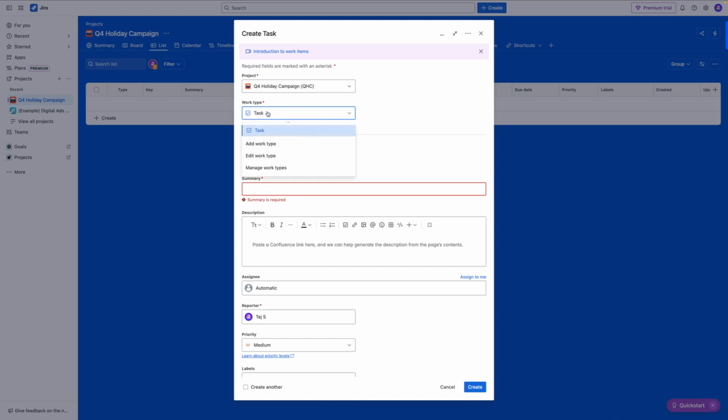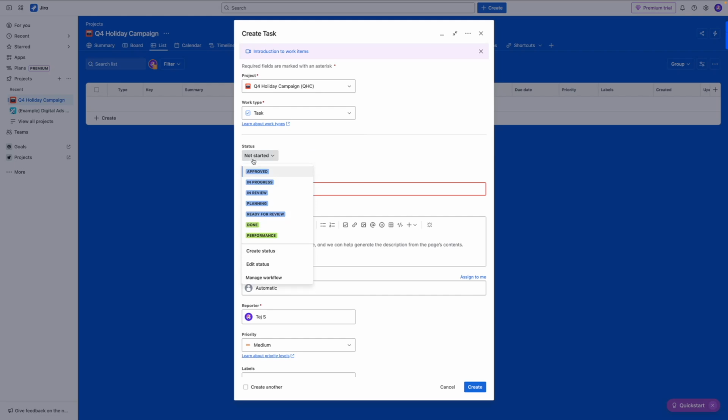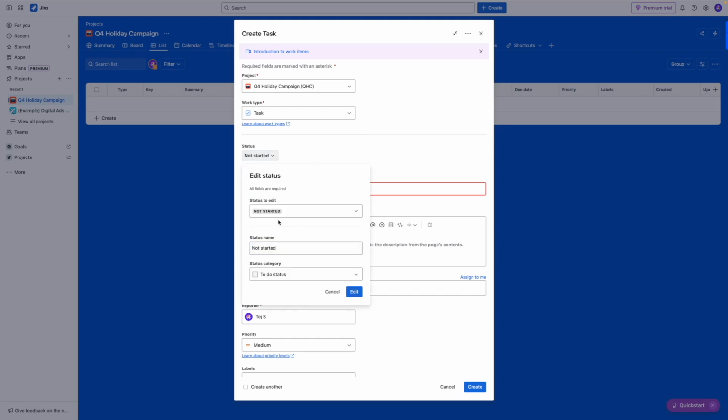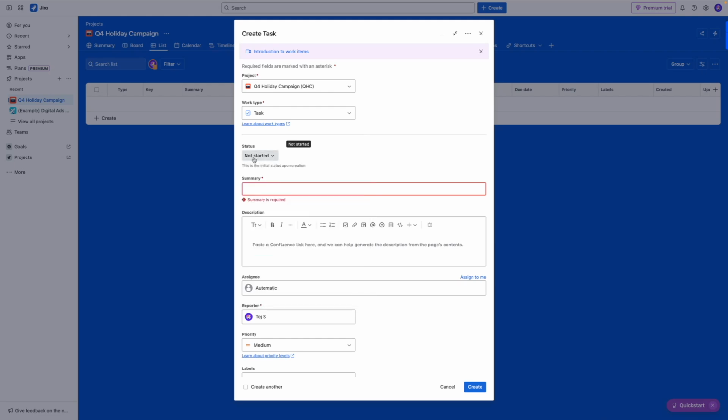Over here for the work type, this is a task, which looks great to me. But if you want to add another work type, or if you want to edit a task, you can do that as well. You can select the status by clicking over here, or if you want to edit the status fields, you can click edit status. You're going to come to this page, and over here you can change the name of the status and also the category. We're going to stick to not started in our case, and then we're going to add a summary